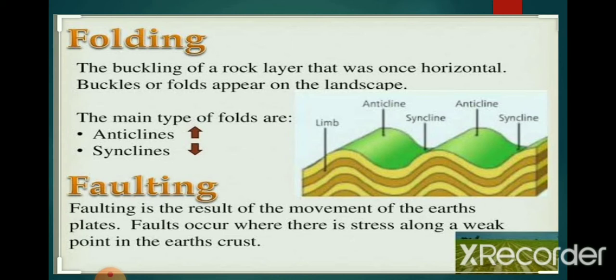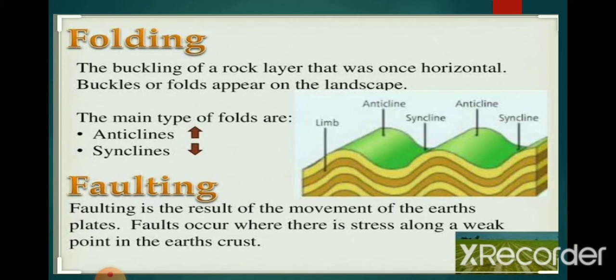You can see the image there. When it folds, the upper portion is called the anticline, and the lower portion, that fallen area, we call a syncline. Usually we can say that an anticline is in the form of an arc and a syncline is U-shaped. So I think you understood what an anticline is. You can see that the arch form is called an anticline, and that U-shaped portion is called a syncline. And this folding results in the formation of anticline.